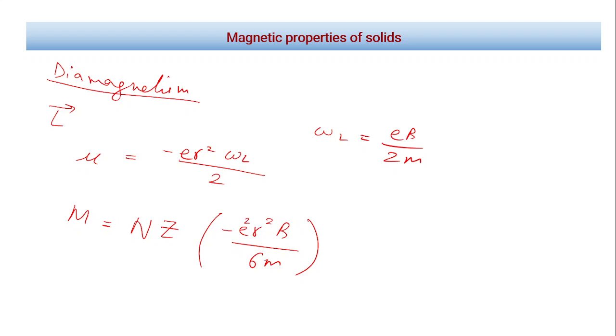Usually what we see in our daily life is a bar magnet attracting some kind of material, and then we say it's magnetic. But actually that material is showing ferromagnetism, because its magnetic permeability is so high that it gets attracted to that bar magnet. But not all materials show ferromagnetism, because not all materials have high magnetic permeability. So even if the material is not showing ferromagnetism or paramagnetism, they all have diamagnetic property.